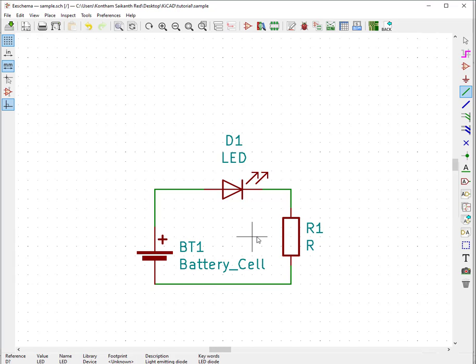Now you have to assign a PCB footprint to each component. A PCB footprint is the physical footprint for a particular component, because this is just a schematic and you have to go for the board level design. For going into the board level design, you have to give footprints to this schematic. For that, just go here, assign PCB footprints to schematic symbols. Just click on that, and you will get a pop-up window.